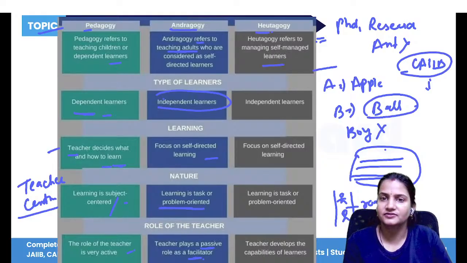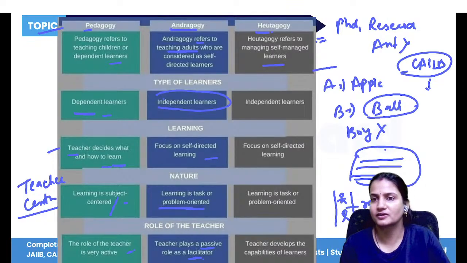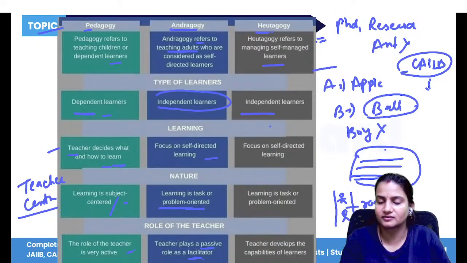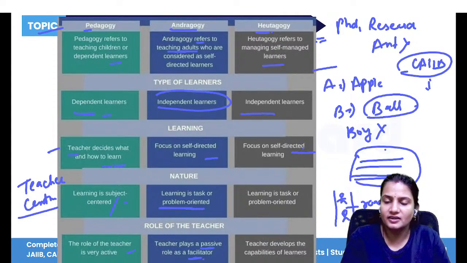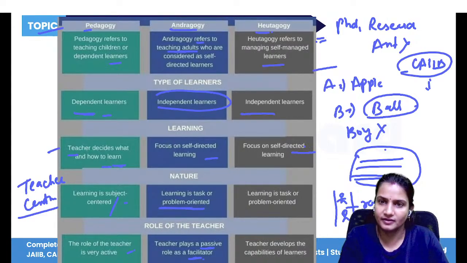The self motivation comes from inside. We don't have to motivate you. You know that yes, this exam is important for you. That is why you are preparing for this exam and you will clear this exam. So here again the learners are independent, they are self-directed, they are self-motivated. So here teacher is not focusing on the students, they know very well what they have to do in future.